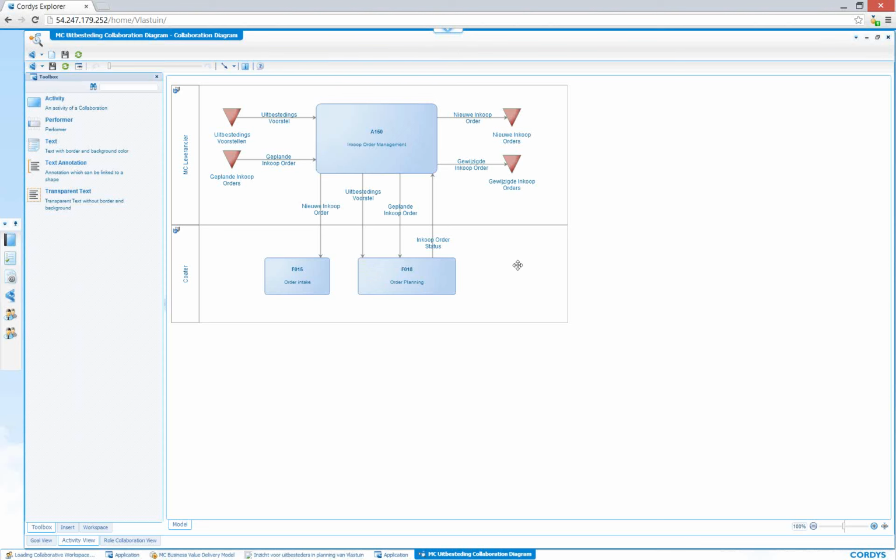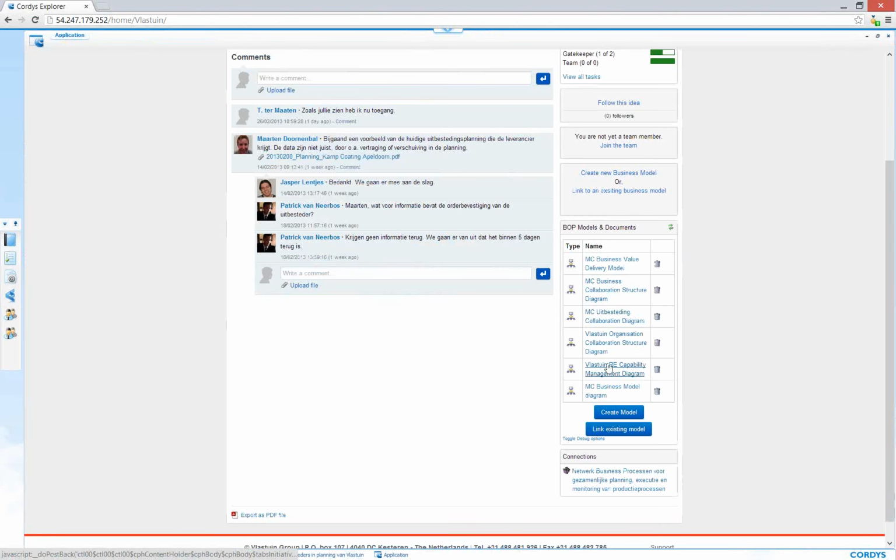So I will just go back. Just before I do that, I will say, of course, this is one activity. Of course, in real life it's not one activity, but there are sub-activities underneath this one. So to show that, I will go back and I will open